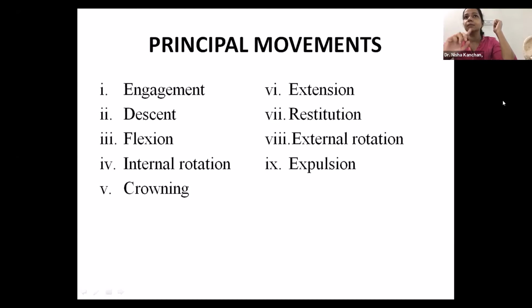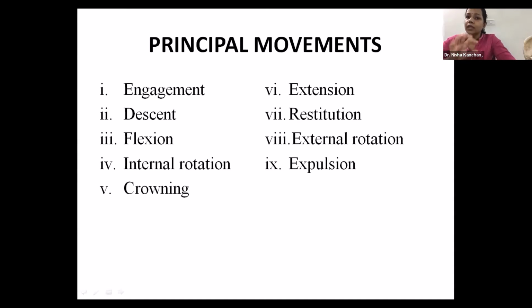Now, what is the maximum diameter in this? Is it the anteroposterior or transverse at the level of the outlet? At the level of outlet, it is the anteroposterior. So that is why this circus is happening in the head. Where it enters the pelvis, it wants to enter where there is maximum space, which is the transverse diameter. And by the time it comes to come out of the pelvis, the maximum diameter changes. The transverse, the bispinous, is the smallest diameter. There is very little space for the head. So the head tries to rotate and come in the space which has maximum diameter, which is anteroposterior. That is the purpose of internal rotation.